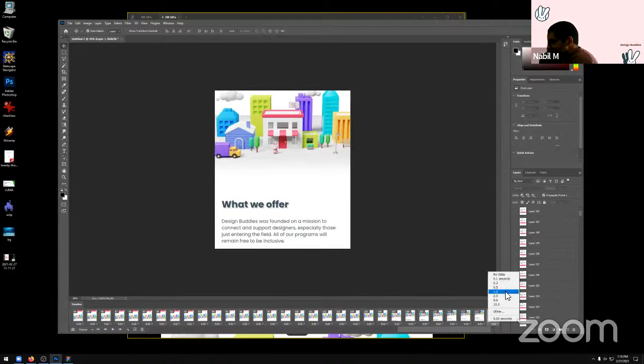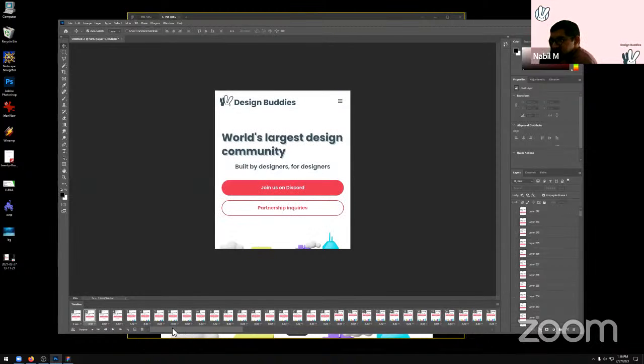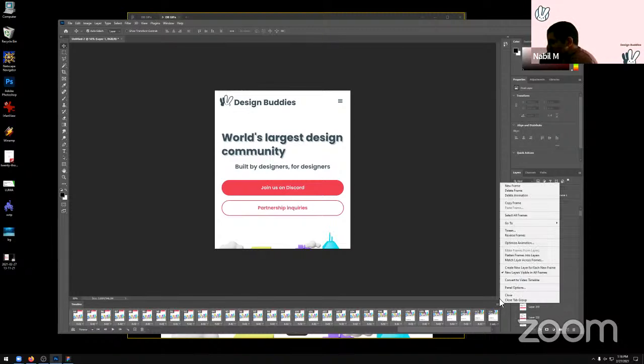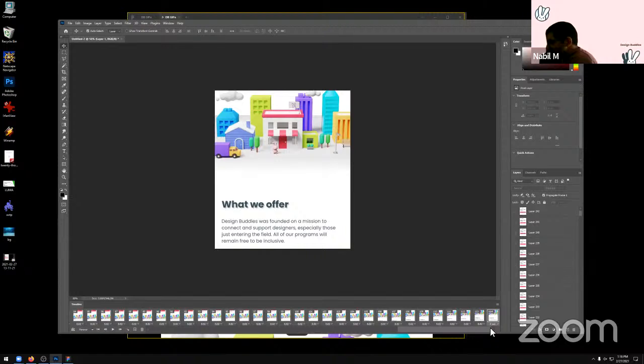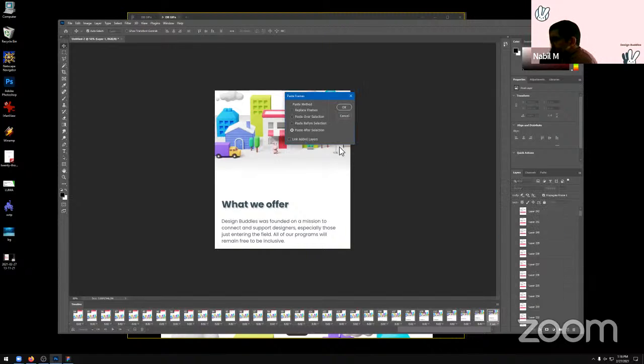So I'm going to set this to 2 seconds, right? So the last frame is 2 seconds, the first frame is 1, and everything in between is set to 0.002. So we're going to select every frame after the first one and before the last one. Click on the hamburger menu again, copy frames, click on the last frame, paste frames, and here